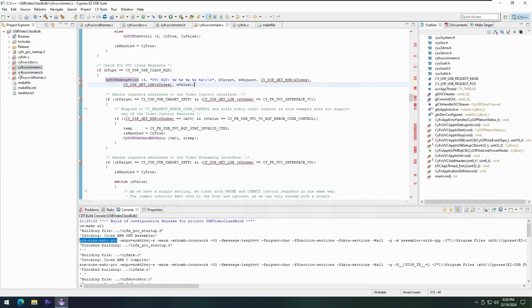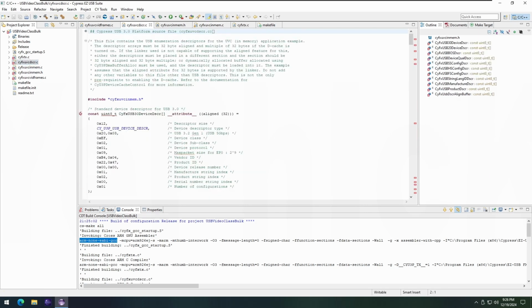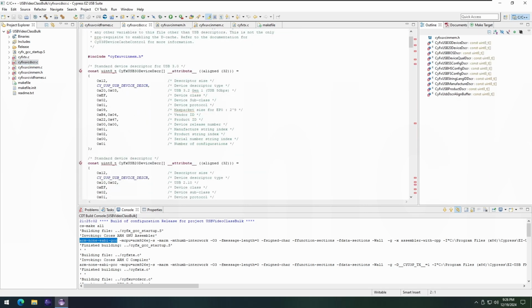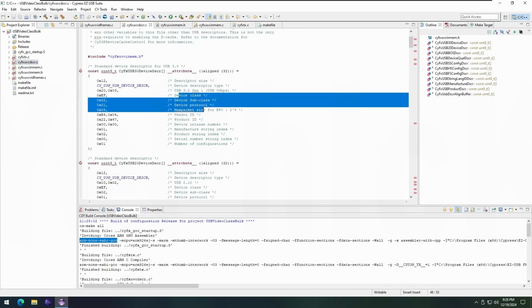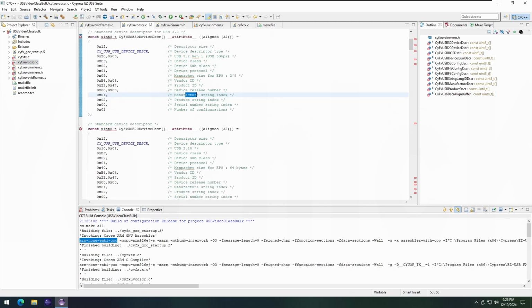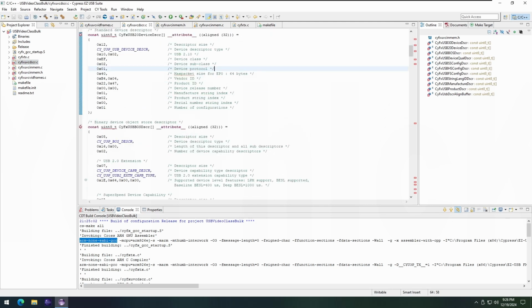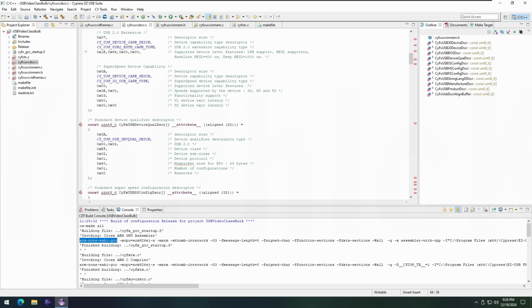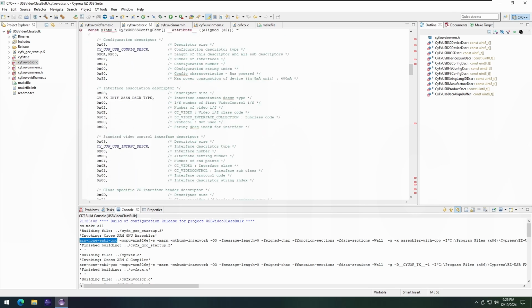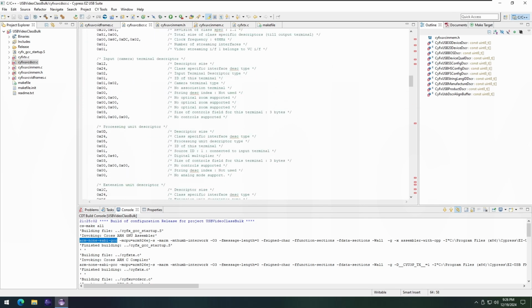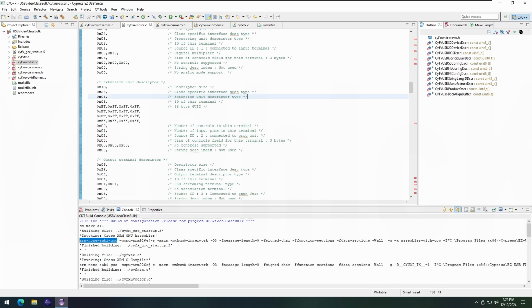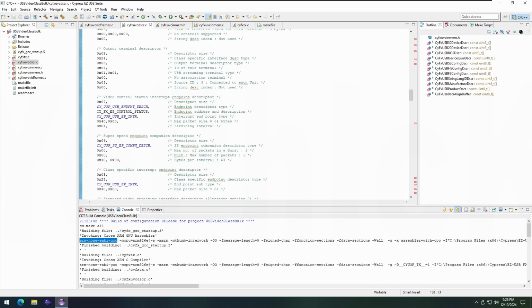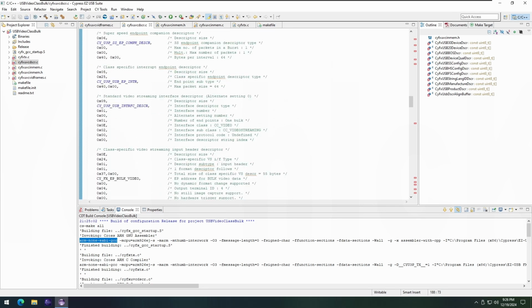And the USB descriptors, let me take a look at this file over here. Essentially it's a bunch of numbers with comments on that. And it's readable, I'll give you that. But if you want to change anything, for example, if you were to add support for a new frame rate, it's a bunch of numbers of unknown origin, and then you need to update a whole bunch of other numbers